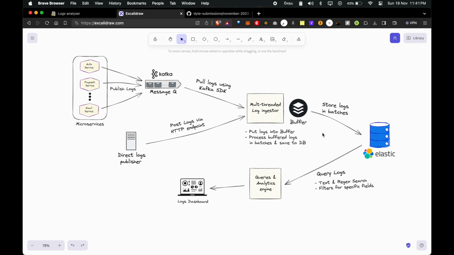We put the logs that we pull from Kafka as well as the HTTP endpoints into the buffer. This buffer is important because the number of requests of logs is very high compared to the number of queries that our database can handle. As a result, this buffer helps to save them into the local available memory, and we pull the logs from this buffer, put them into batches and bulk insert into the database so that we don't flood the database and